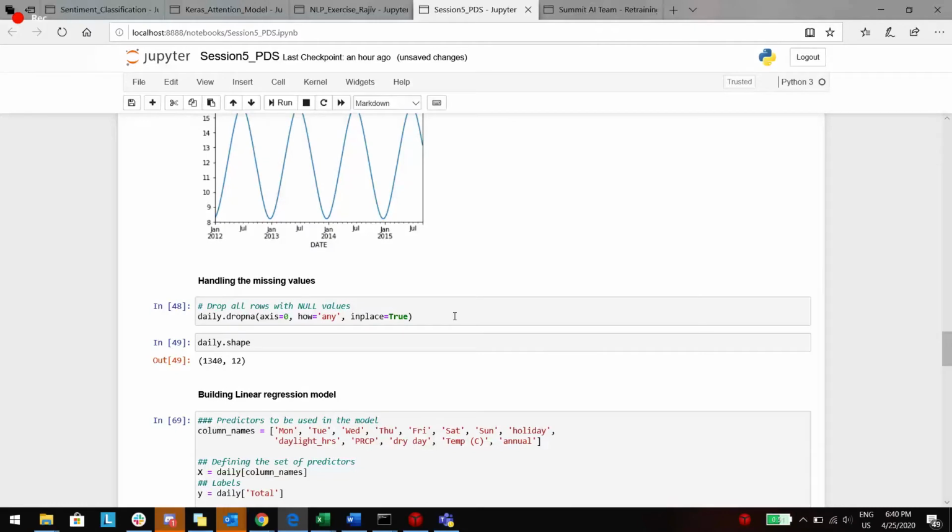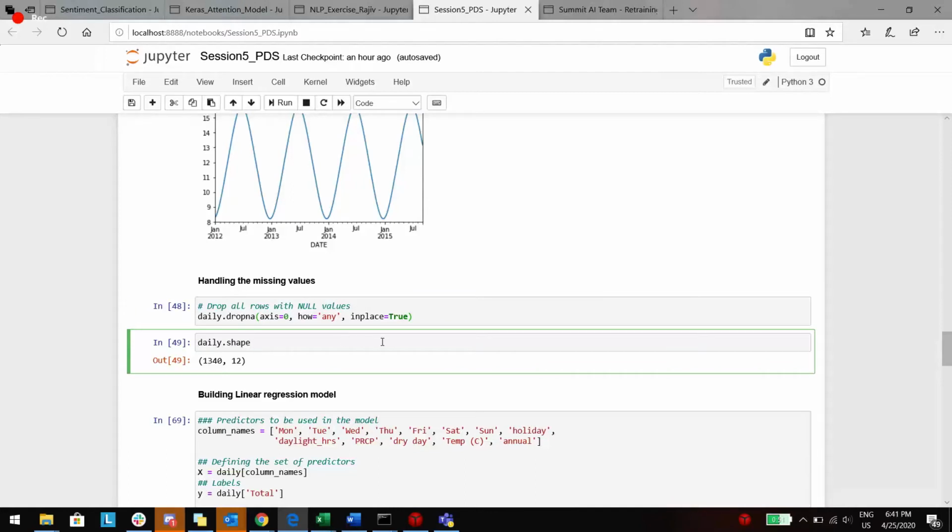Now we are trying to handle the missing values. In this particular case, for the sake of simplicity, we decide to drop the missing values. The reason I chose this is that initially we had about 1341 rows, and once you drop the missing values, it is dropping only one row.